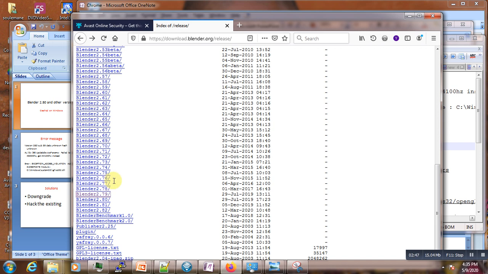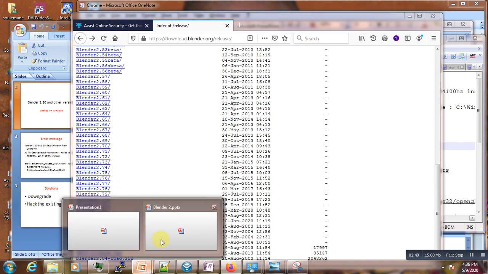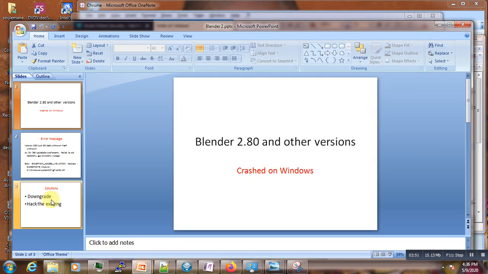But in my case here, I want to test the new features of 2.80, knowing that this 2.8 version also runs in 64-bit.